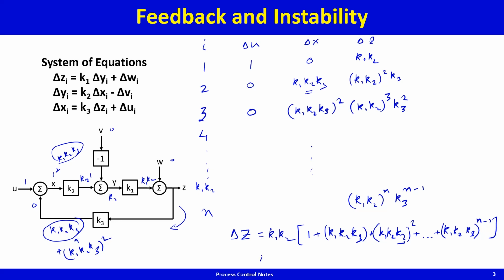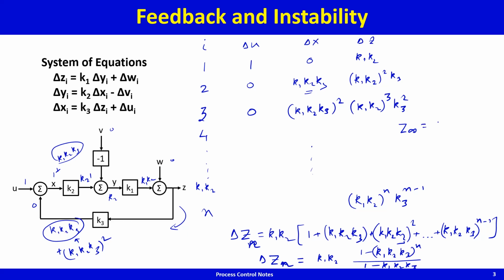And this sum, if you use geometric progressions, is going to be k1 k2 times 1 minus (k1 k2 k3) to the power n divided by 1 minus k1 k2 k3. And if n tends to infinity